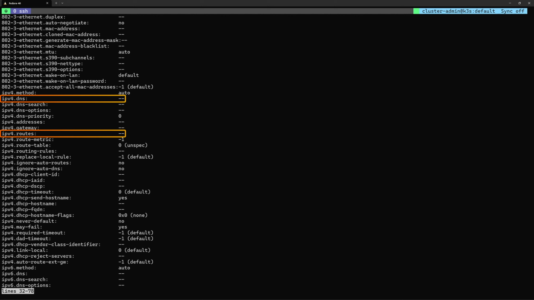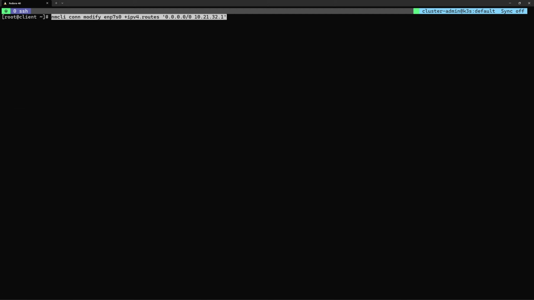However, just as a maybe best practice or to be sure that it keeps working in the future, let's add this route manually. I do that using nmcli con modify and then appending the ipv4.routes 0.0.0.0/0 using the next hop 10.21.32.1. Now let's set the DNS